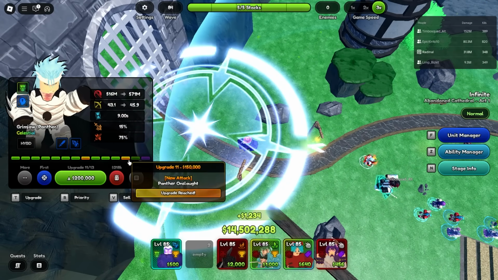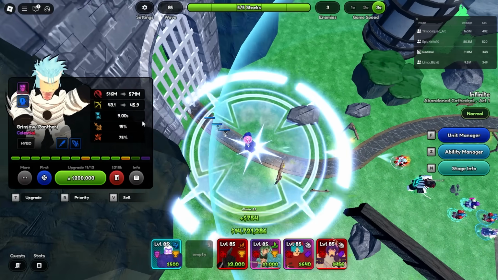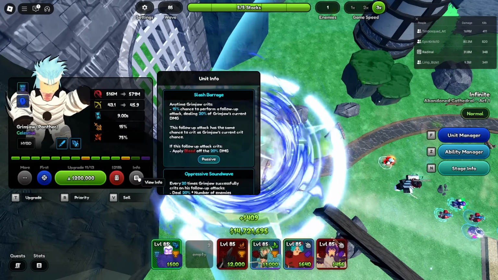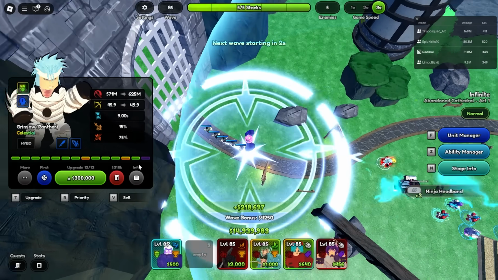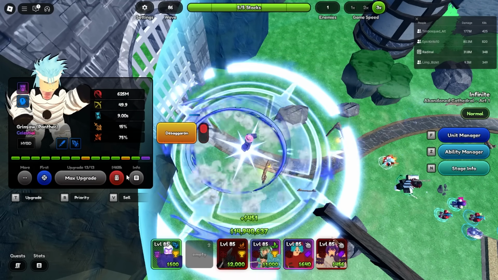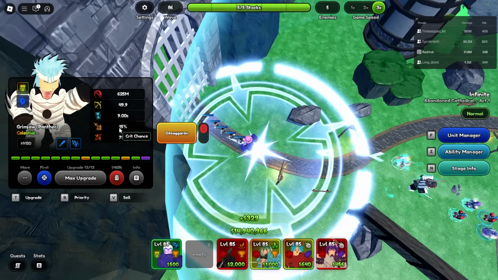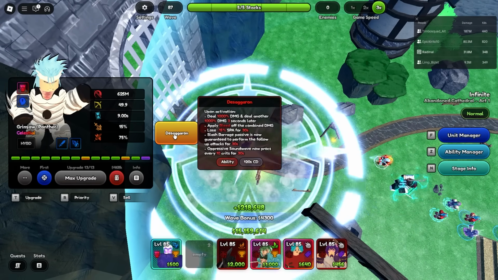Panther Onslaught, upgrade 11 for a cost of 150k. Doing 516 mil every 9 seconds there. 43 range circle AoE. Maximum for 200k, getting a little bit expensive now. Total cost of 600k actually. Not that bad. Oh, sorry, not 600k. 900k. Total cost of 900k. We have him doing 625 every 9 seconds with the